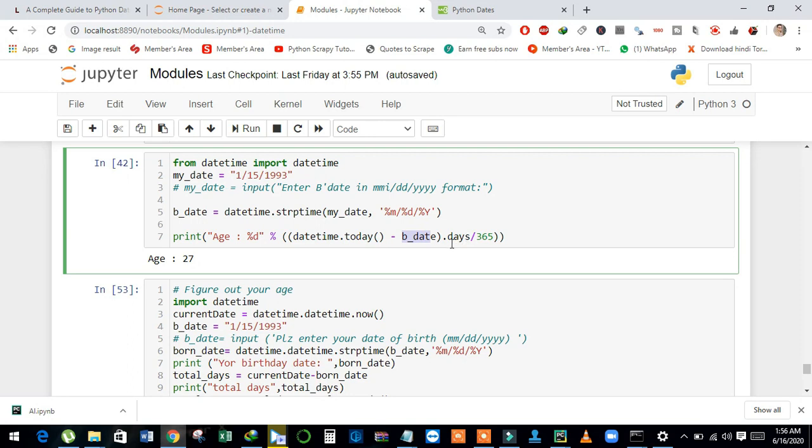I just converted it into days. After converting the values into days, I just divide it by 365 and see here, it returns 27.